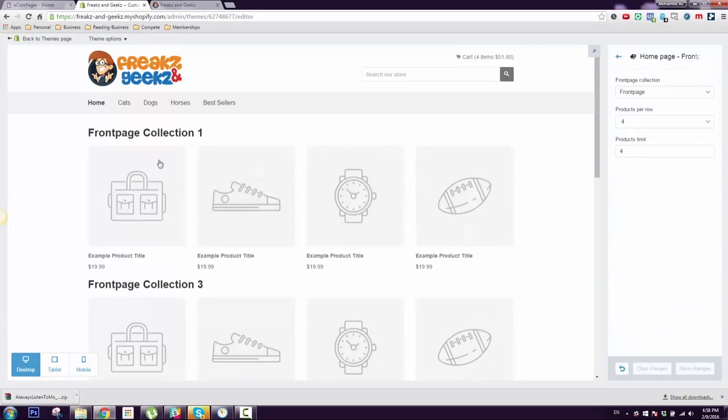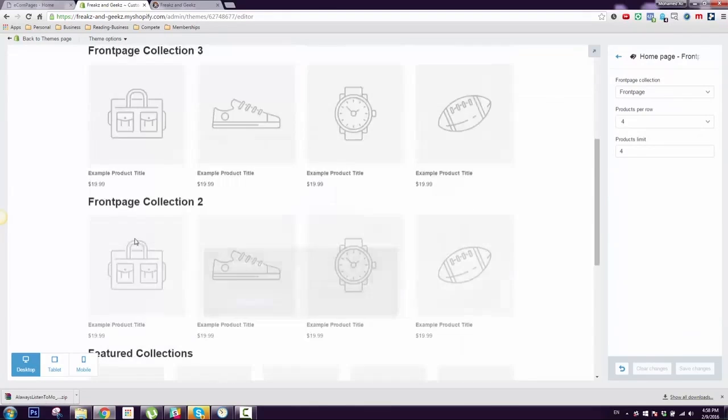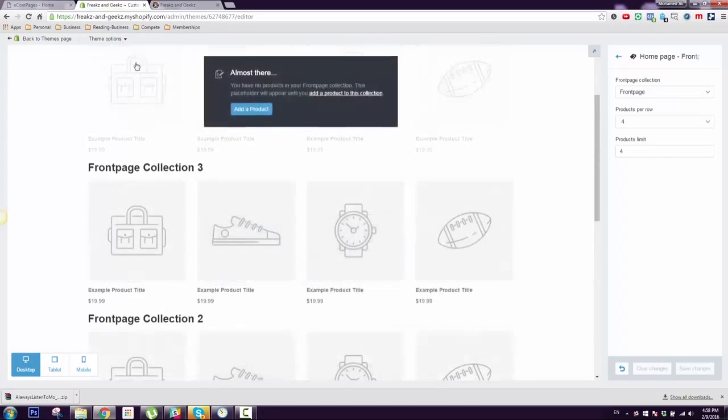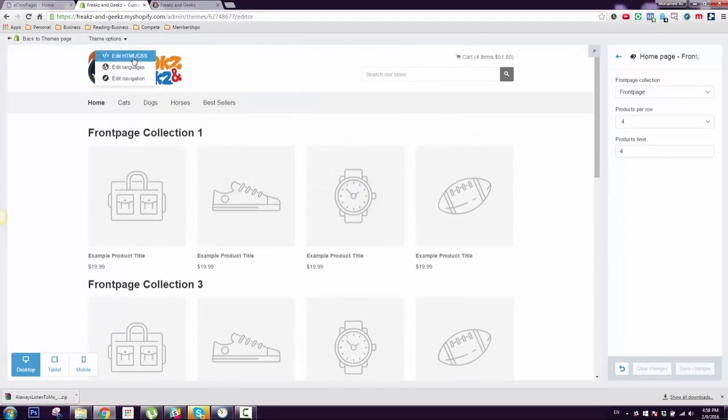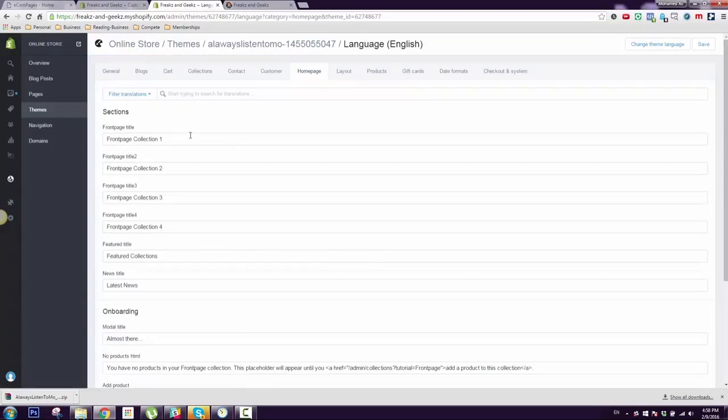Alright, now let's add some collections in here. Okay, so let's say you want to rename those collections: front page 1, front page 3, front page 2. All what we have to do is hit in here, and you want to edit language, so let me open that on new tab, and you hit home page. Alright, so let's say my front collection, I want to name them best sellers, and then probably I want to do today's deals, and I'm sure you people will be more creative than I am, and I don't know, staff pick,